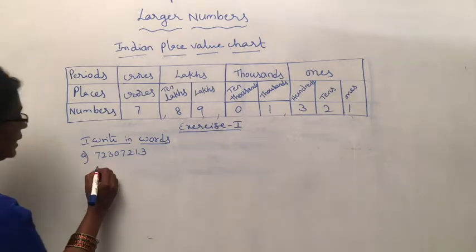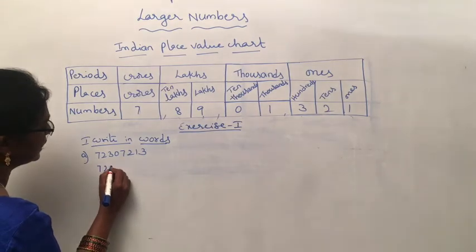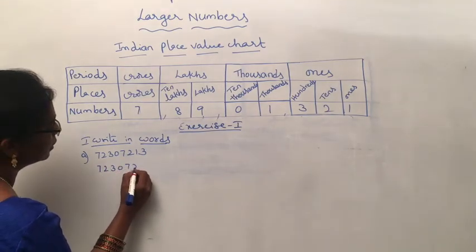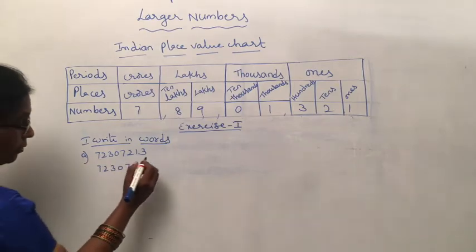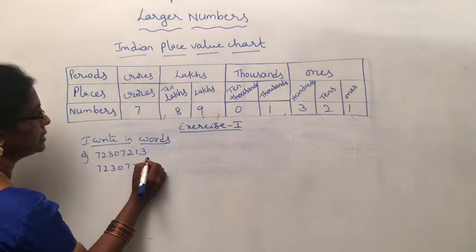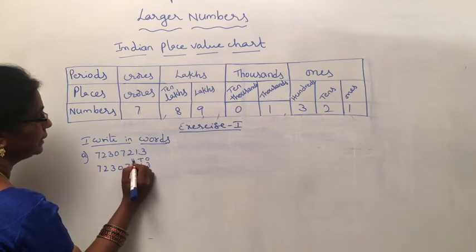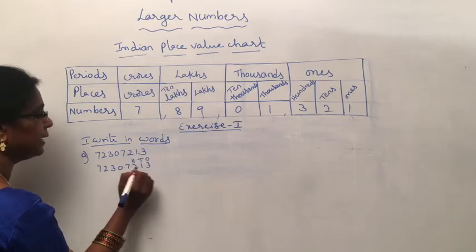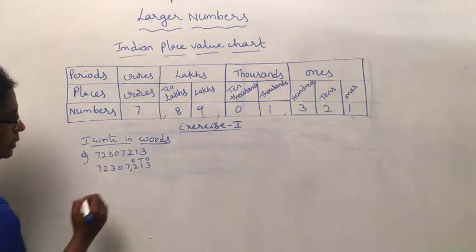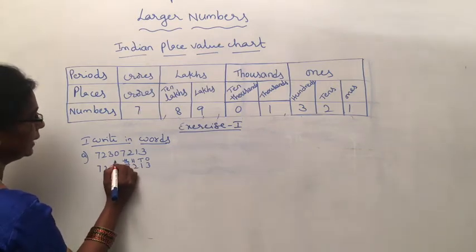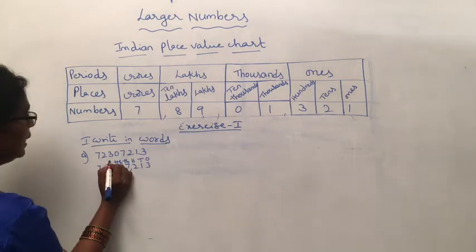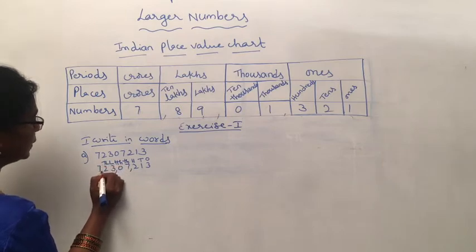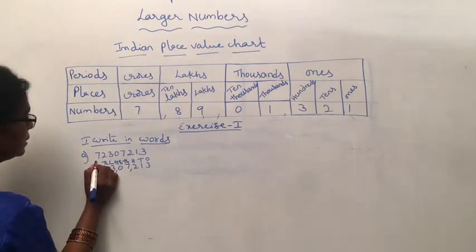First we have to write the digits with a little gap. You have to give a little gap and write each digit's place value: ones, tens, hundreds. Up to hundreds, once the period is over, we have to put a comma. Then 1000, 10,000 come under the thousands period. Again we put a comma. Next lakhs, 10 lakhs. Lakhs period over, put a comma. Now 7 in the crores period.